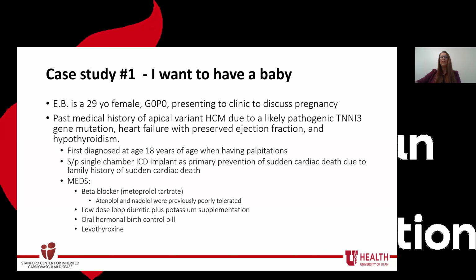She had significant side effects with all of these, so she's really struggled to be on medications for those palpitations. She was also started on a low-dose loop diuretic and potassium supplementation. And prior to deciding when she wanted to be pregnant, she was on a hormonal birth control pill